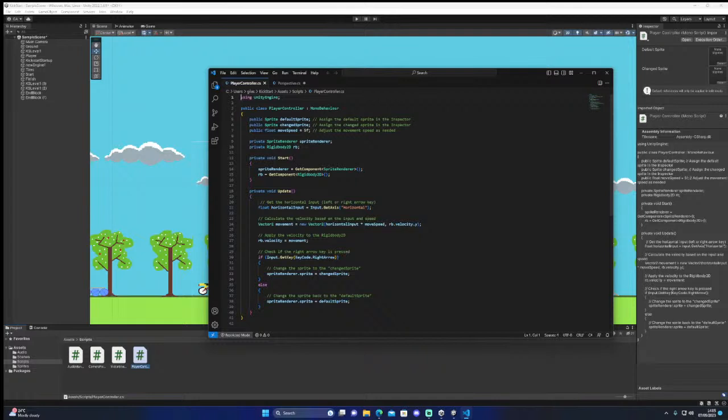Sprite, done that. So in the update, I need input dot get key code instead of this. Oh no, it is right. So what the hell, man? What's this horizontal?